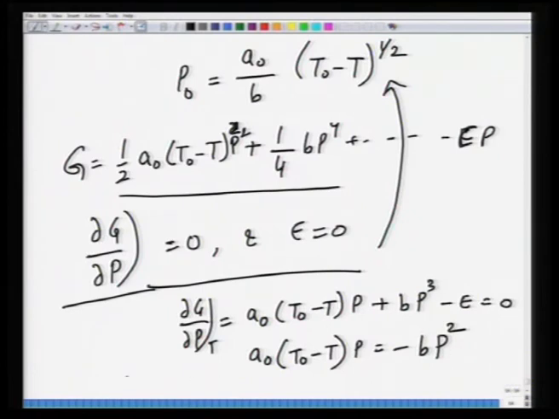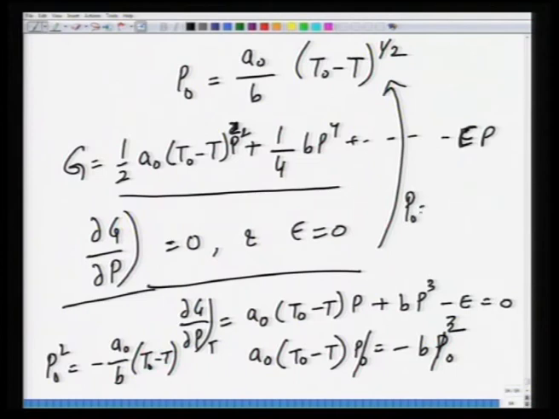And this is at E is equal to 0, so you can replace this P as P naught cube, and this P naught will cancel each other, and what you will have is P naught square to be equal to minus of A naught divided by B into T naught minus T. You can take this minus inside, or you can just leave it like this, and this P naught will be equal to root of A naught by B into T naught minus T, and